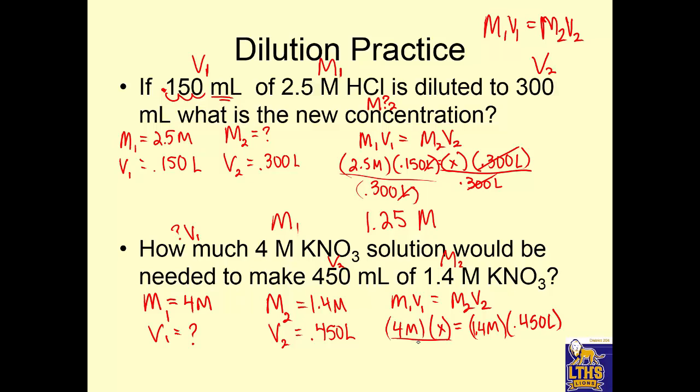Alright, so I need to isolate V2. Divide through by 4 molar. Hey, look what happens to the molar. See you later, molar. We're left with liters. So you multiply those together and divide by 4, and you get